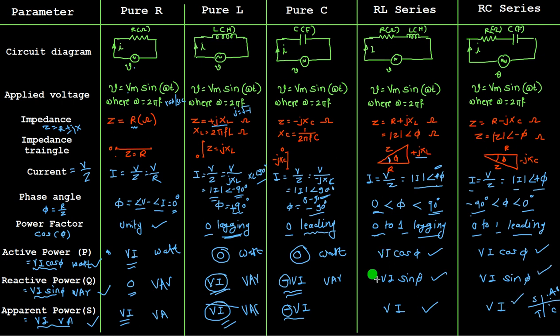This can be remembered through the power triangle diagram also. In the power triangle diagram, this is P, this is Q, and this is S, where this angle is phi. I hope you have understood this whole slide, and it will help in the preparation of the series RLC circuit. So let me go to the next questions.